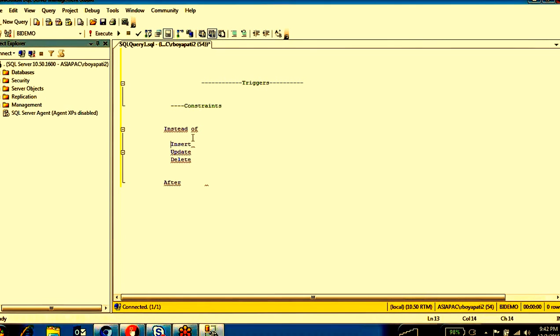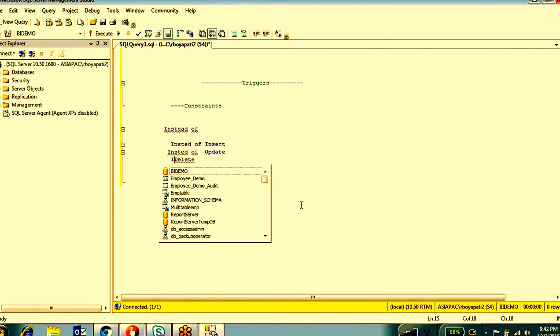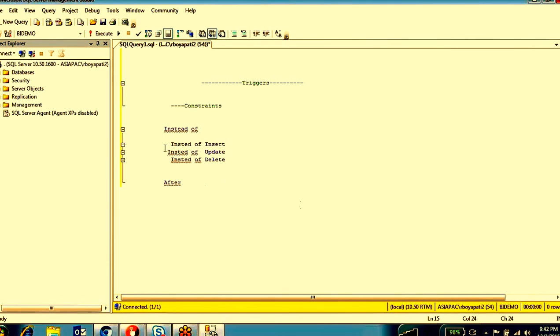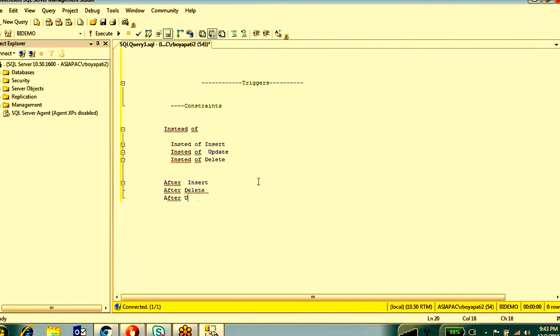So basically how many kinds of triggers do we have? Instead of insert trigger, instead of update trigger, instead of delete trigger, after insert, after delete, after update.